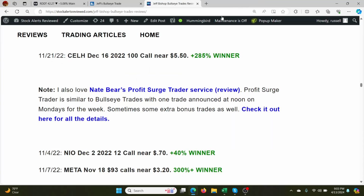All right, so all that being said, Bullseye Trade. So Bullseye Trade I've really given up on, and I know a lot of people have, and it's unfortunate because for a long time this was a staple where every Monday we could basically make something like 50% average. And this was back in like 2021, 2022. And then 2023 came along and things started to get a bit more rocky, and 2024 has been very similar,